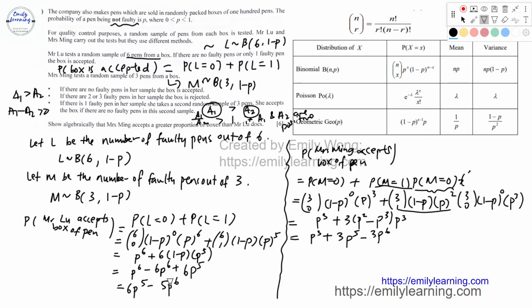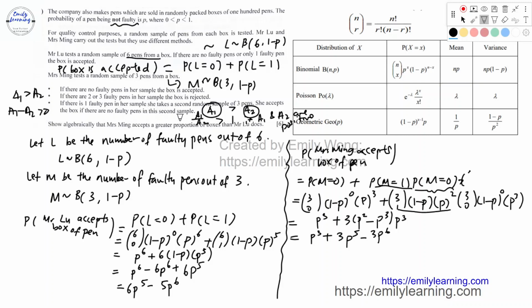This one has p to the power of 5 and so on. It might be easier for me to do a subtraction to see whether the probability that Mrs. Ming accepts a box of pen minus the probability that Mr. Lu accepts a box of pen is greater than 0. Okay, so I say again, when you want to show that something is greater than another, there are